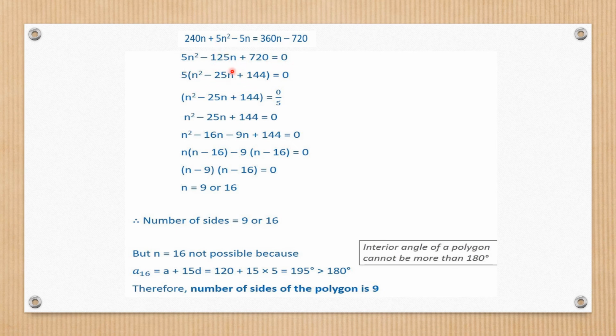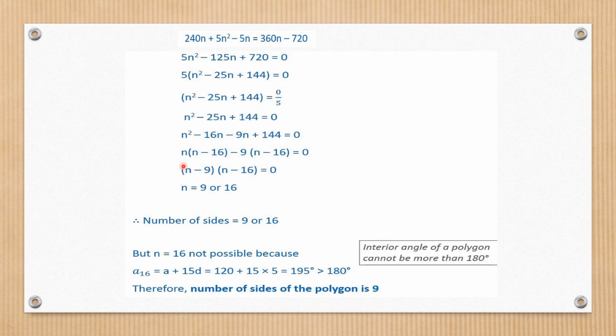5 into this complete equation, 5 can be taken common out of here, equal to 0. Okay, so we can take it to the other side also, or 5 is not equal to 0, so the second factor is only 0. And let us now change to factor form. So I'll make the factor here as 16 into 9 is 144, and also both added with negative sign will give you minus 25. So let's make the factor 16 and 9.